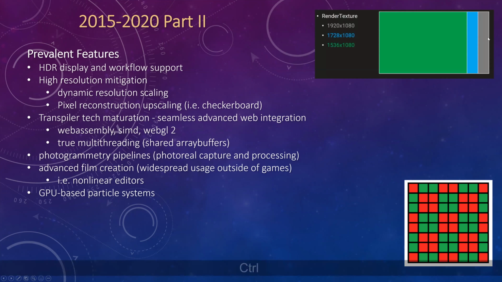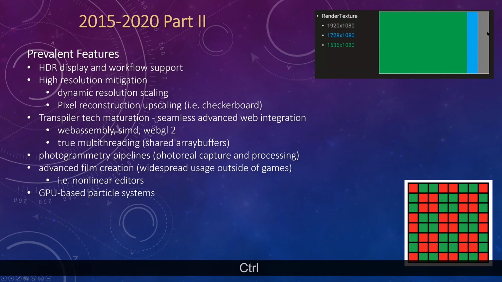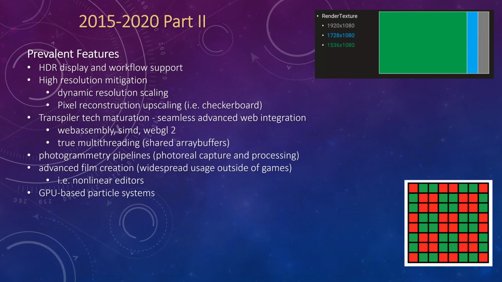Like they might say, instead of rendering the whole 1080, I'm just going to scale this back on the horizontal and do like 90% or 80% of it, right? And so they render at this 80%, and then they upscale from the part they rendered back out to the 1080. The upscaling process tends to be very cheap compared to doing all the lighting calculations for a pixel. So based on what the current performance is doing, the size that it's actually being rendered can